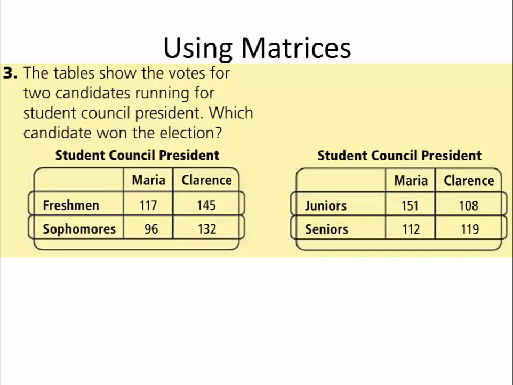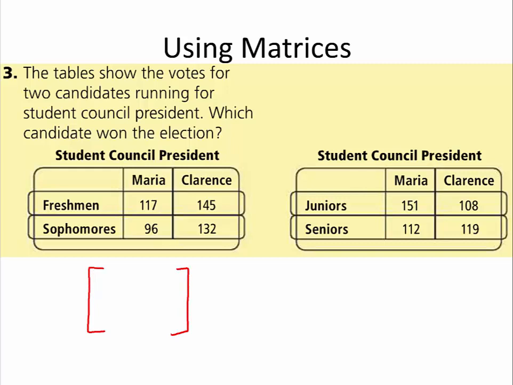All right, now you have 2 different tables here. It's about student council president, and they want to know which candidate won the election. Now here's the deceptive piece. Some of you read freshmen, sophomores, juniors, seniors, and thought, wait a minute, they're different, so do we add them? Well, let me explain this. The freshmen voted for Maria and Clarence. Sophomores voted for Maria and Clarence. So did juniors and seniors. So these are all votes not based on freshmen, sophomores, juniors, seniors. It's based on Maria and Clarence. So what you would do is, of course, set up your